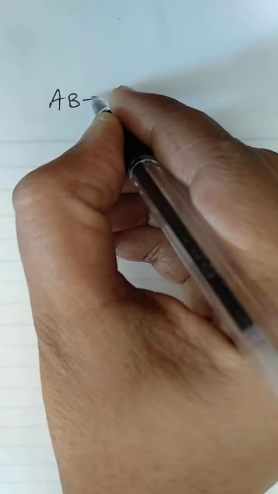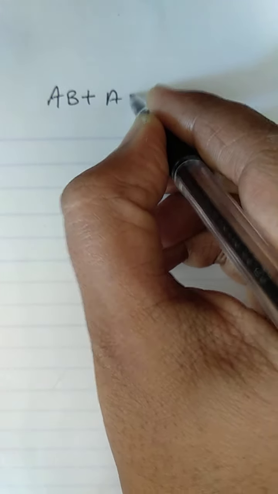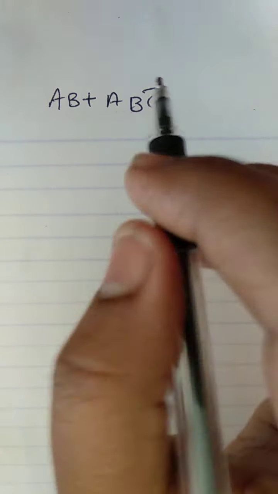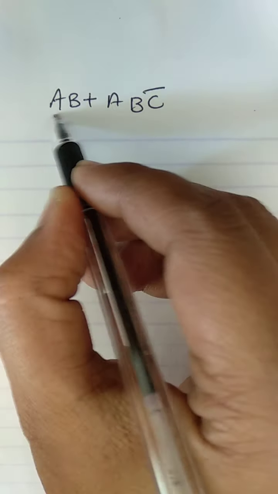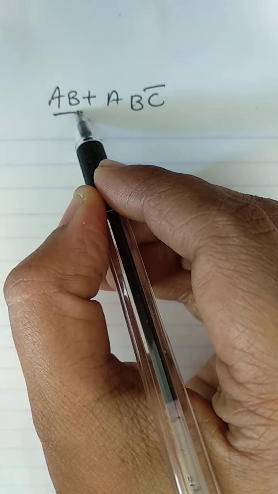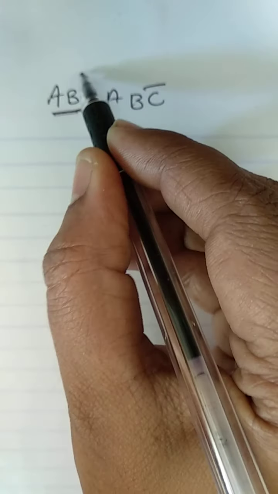So today we'll study the standard sum of products. It is also known as a min-term canonical form. In the standard sum of products, all the individual terms do not involve all the literals, as for example AB plus ABC bar. So all the individual terms do not involve all the literals. Here the C literal term is missing. In the first product, terms do not contain the literal C.